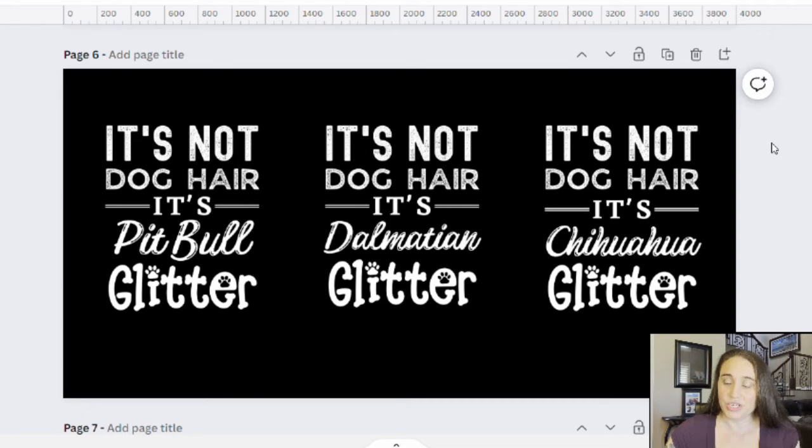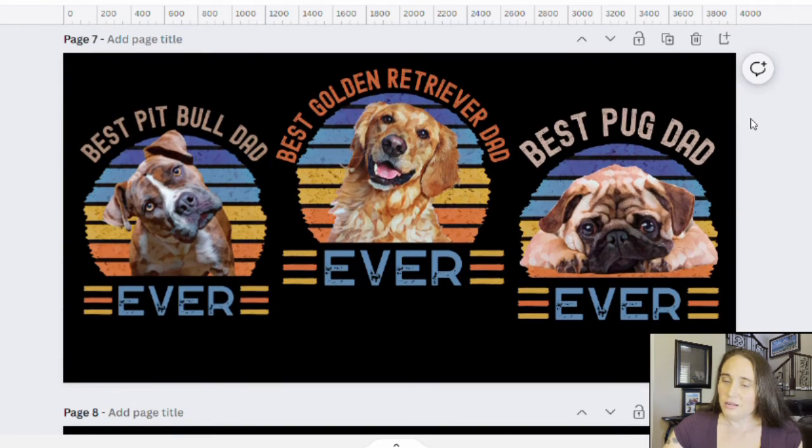And it doesn't even have to be a dog. So on this one, you could put in, you know, cats as well, or anything that's going to have like hair that might shed. It could be a hamster glitter. So you can just sort of change out the words there. And that's a really easy one that you can scale. I think I did a video on this too.